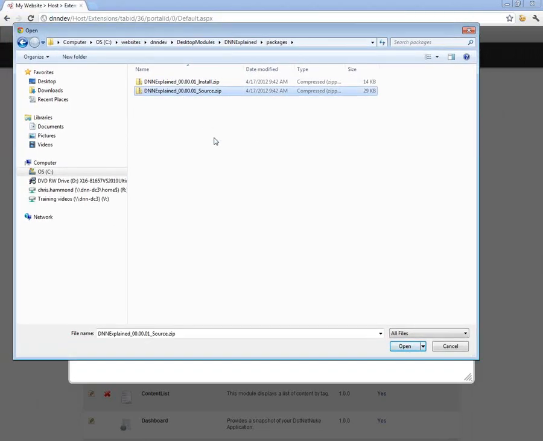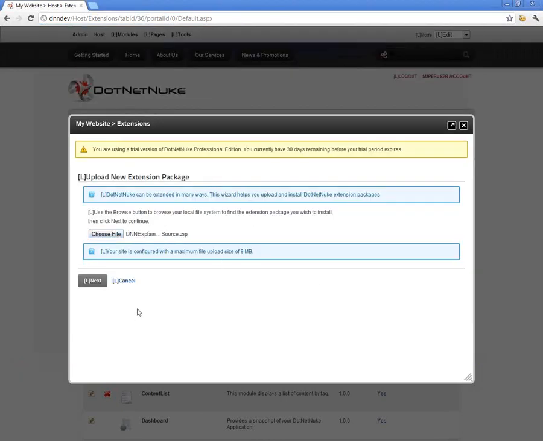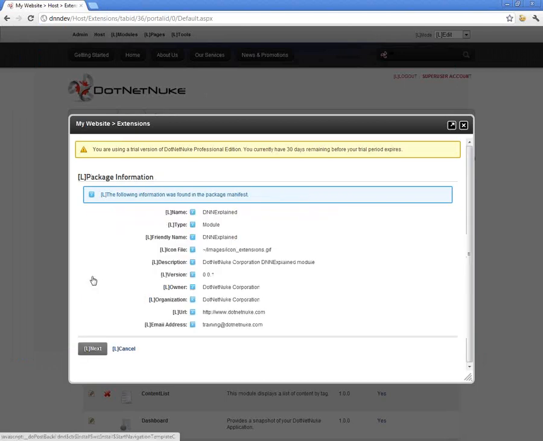Now the packages for my module exist in that packages folder, and I can now choose to install either the source or the installation version. At this point, it really doesn't matter if I install the install package or the source package, because the source already exists on the file system, it's still going to be there when we install it. I'm going to go ahead and choose the source package as my zip file, and then step through the installation